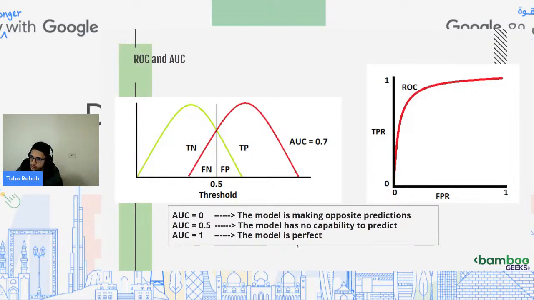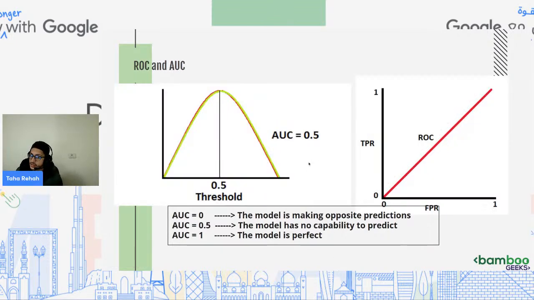And this is the corresponding curve to it. Then, like in the first case, the model equals 0, which is the case when the AUC equals 0.5 exactly, which is rare to find. But when you find it, it means that there is no capability for the model to predict if it's class 1 or class 2.